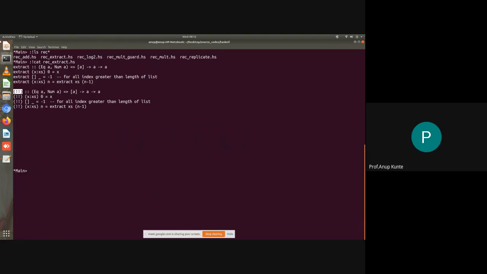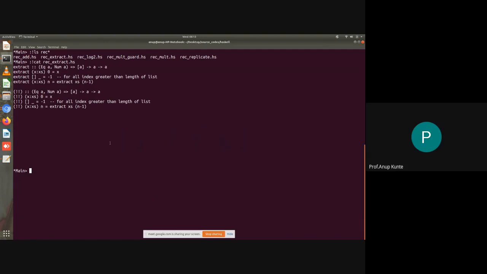So here you will see what I am doing. I have a signature that reads like this. So there are two constraints. I have to have equality implemented for type A, and type A must be a numeric type. So these are two type class constraints that I'm using, and my input should be a list and a number, and I should return a number. So now you know what these three mappings mean. First input should be a list, second input should be a number, and output should be a number.